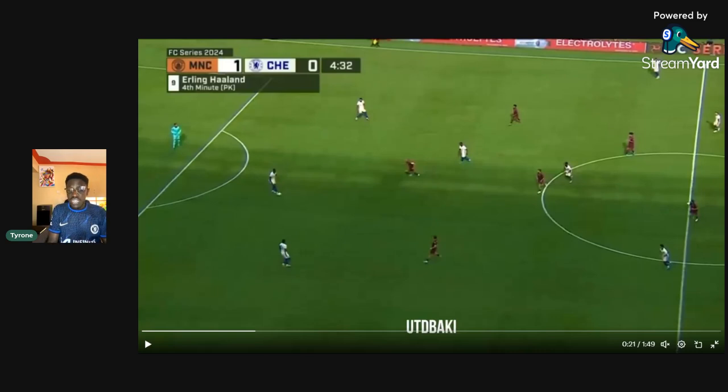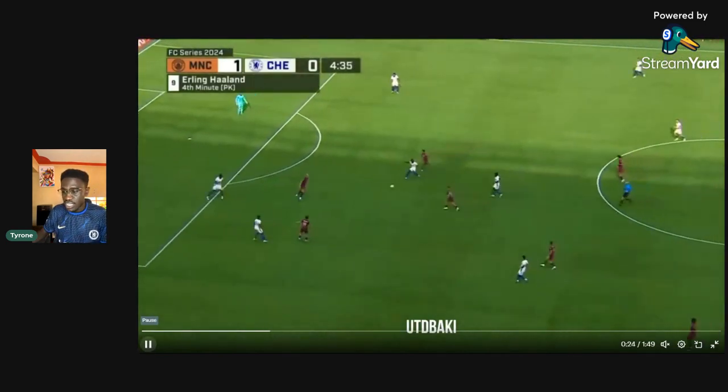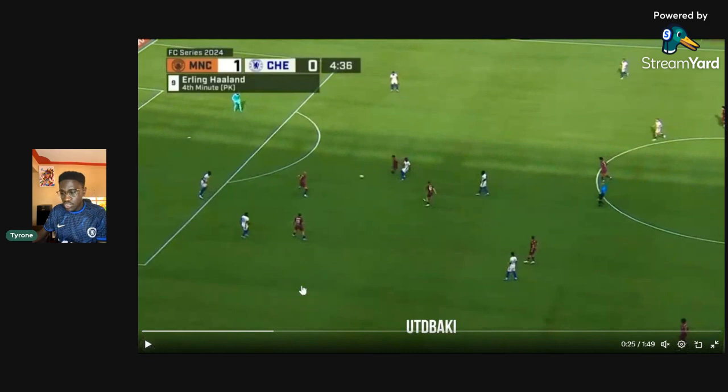Now, because of that mistake, Tosin and Sanchez had a miscommunication and Haaland managed to intercept the ball. Because Haaland intercepted the ball, it made Colwill create a foul that led to Manchester City scoring the initial goal. This is the second goal. Look at this mistake. Caicedo in this position has come in, and Caicedo is quite rusty. He makes a half-hearted pass trying to pass the ball onto Tosin. The problem is Caicedo did not look at where he was passing the ball.